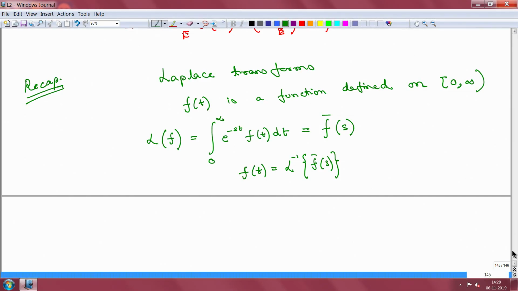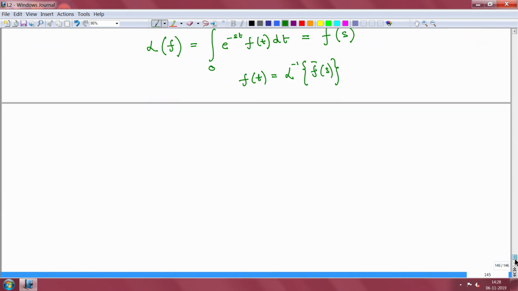Okay, so last class we had just started looking at Laplace transforms with the intention of applying them to solve the ordinary differential equation that we had derived, the constitutive relationship. We have not finished with the recap of the Laplace transform, so we will just quickly go ahead and recap a few other things.